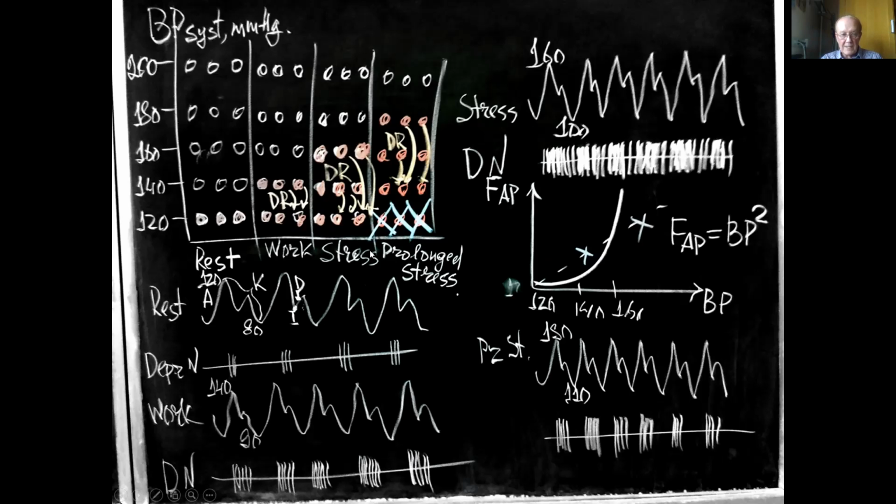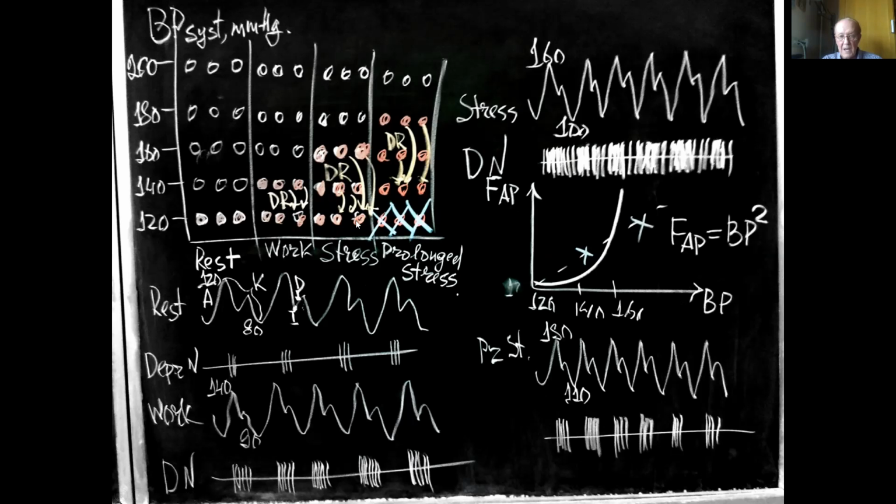Then this is the stress, the more prolonged physical work or the emotional stress. The blood pressure increases according to the more tone of the sympathetic nervous system, and it reaches 160 millimeters of mercury. This excitation I showed to you helps to produce the depressor reflex, and in some minutes, 3-5 minutes, the pressure will be normalized with the help of the depressor reflex. The same will be at the emotional stress.